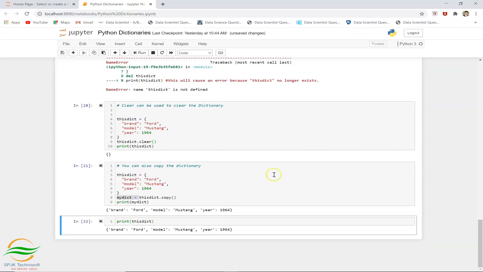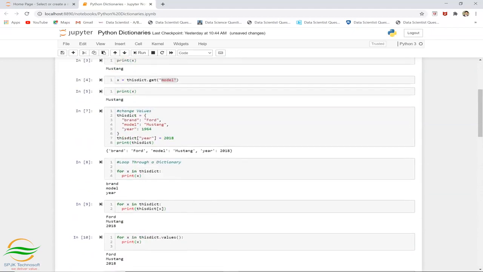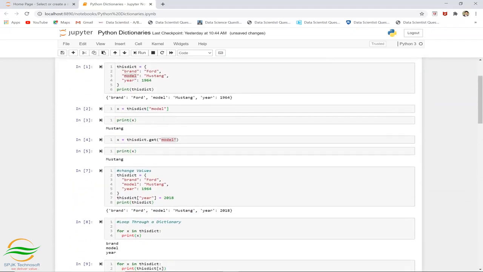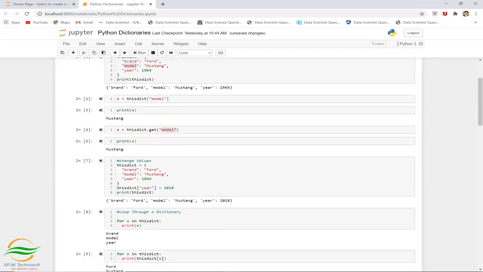So likewise, you can do a lot of operations using Python dictionaries, and dictionaries are also very important if a person wants to make a career in Python, data science, artificial intelligence, or machine learning.